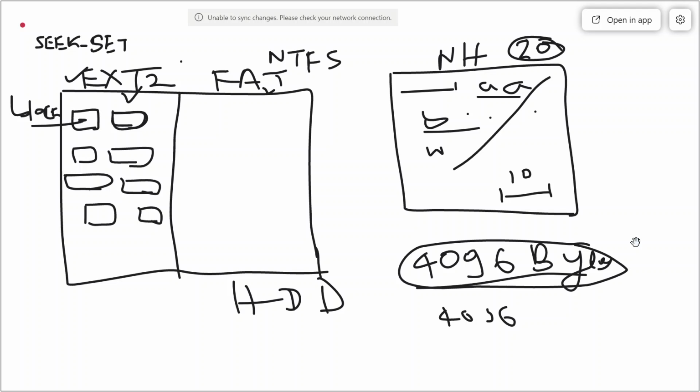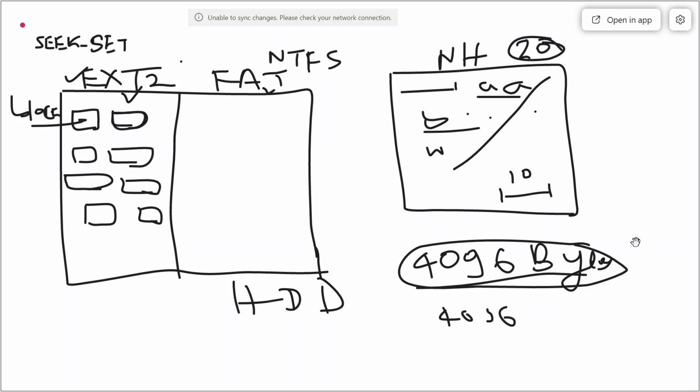Now, the block size in case of ext2 is 4096. The block size in FAT32, I don't remember. You can just Google it and see what the block size is in case of FAT32 and NTFS. And it is not the case that Linux only considers ext2, because it started with ext, then ext2, then ext3.